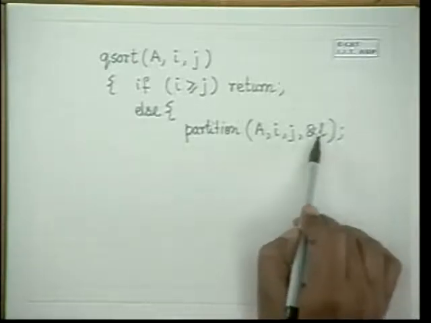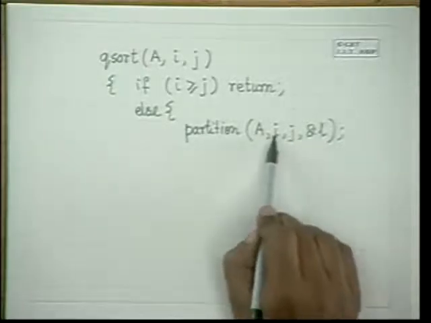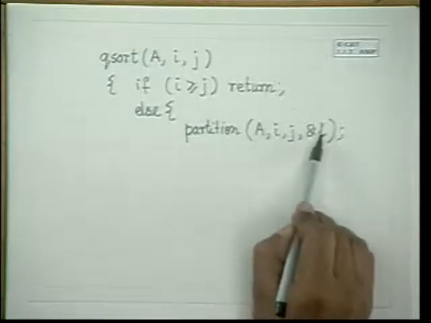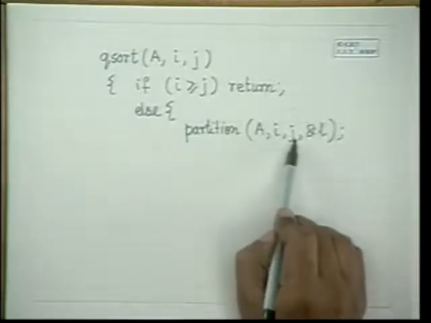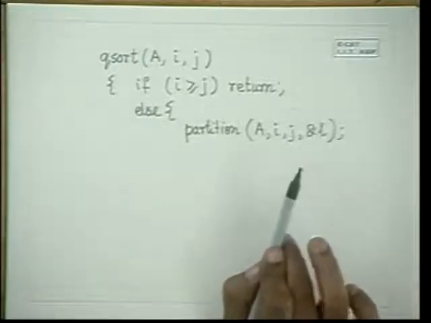Whatever element we have selected for partitioning, the elements which are less than or equal to the selected element will lie between I to L, and from L plus 1 to J we will have those elements which are greater than the selected element X. That is the idea of this partition routine. That is, the position L will be returned after the function,